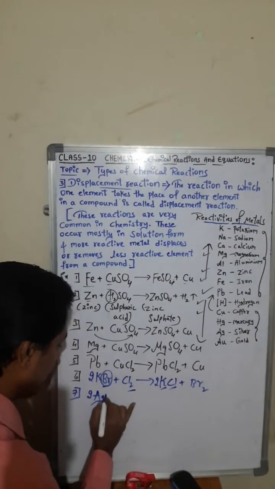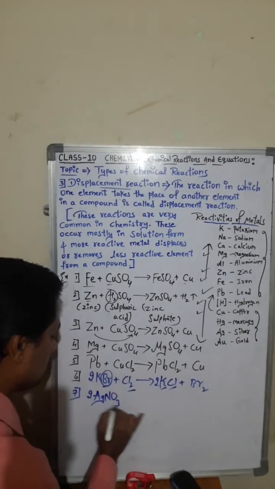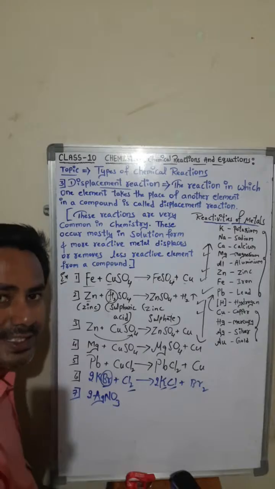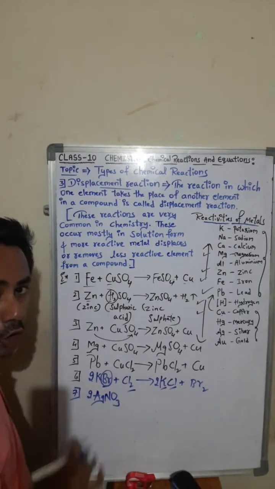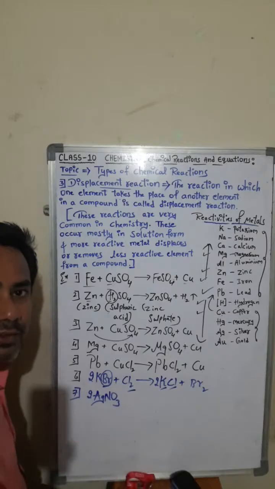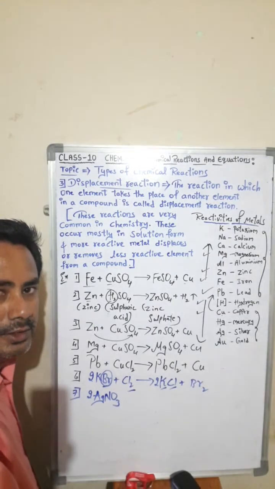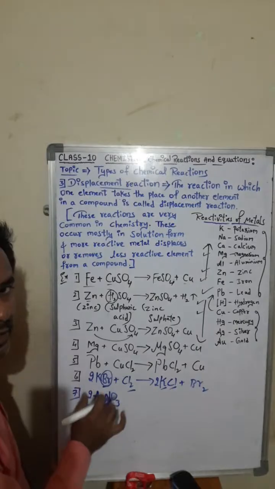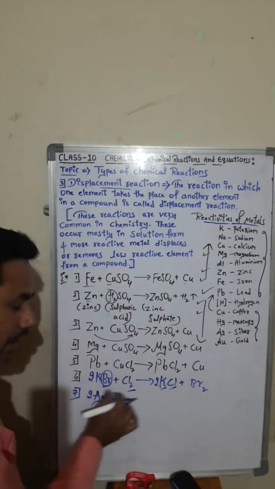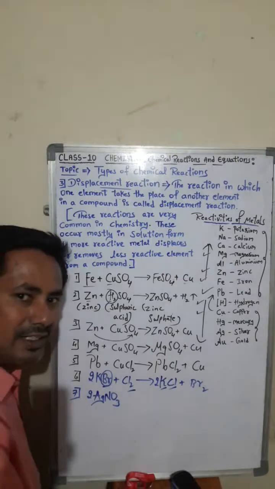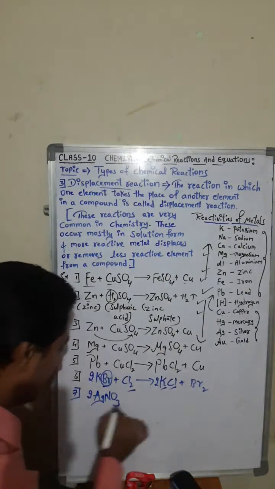AgNO3. What is AgNO3, students? Ag, silver. N, nitrogen. O, oxygen. When they combine, silver nitrate. SO4, sulfate. CO3, carbonate. NO3, nitrate. Silver nitrate. Clear? Silver nitrate when it combines with